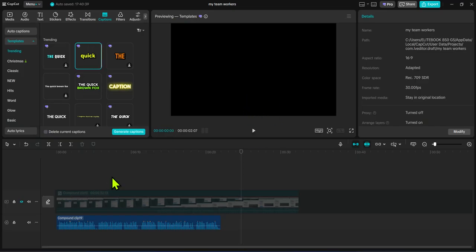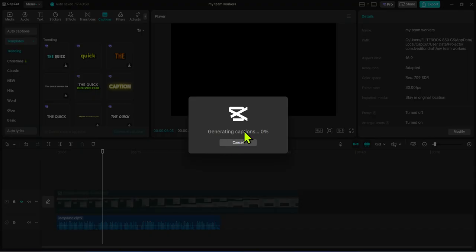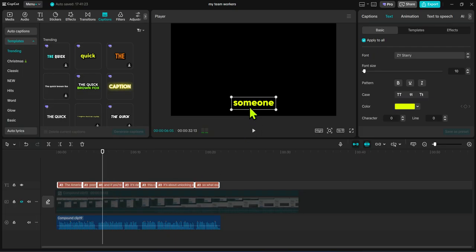So now after you select the template, you go to this option and select this one. After you select it, then you click on this generate button. So now you allow it to finish generating your caption. After your caption has been generated, the next thing to do is go back and unhide the clip